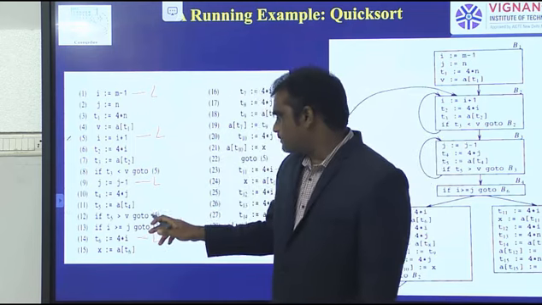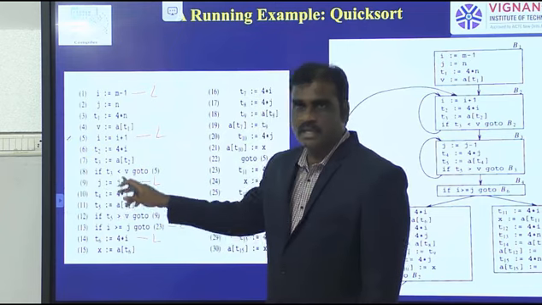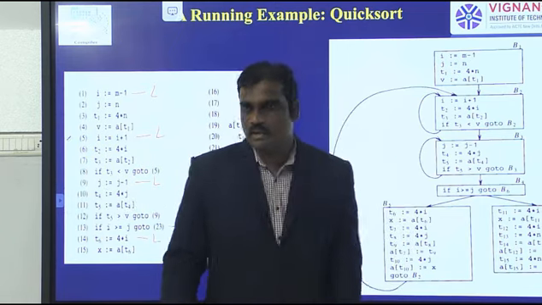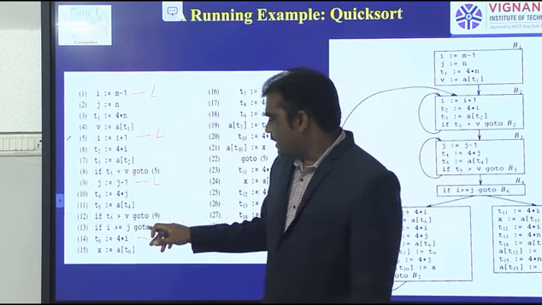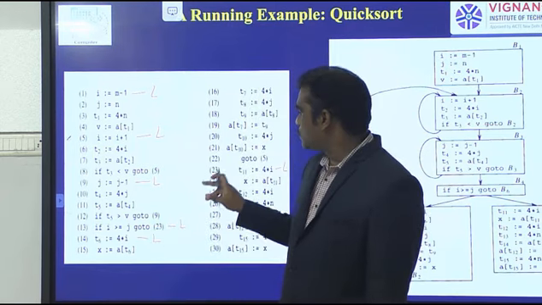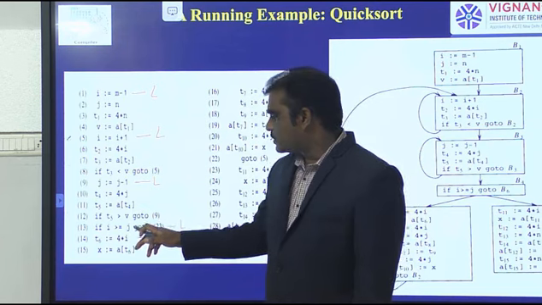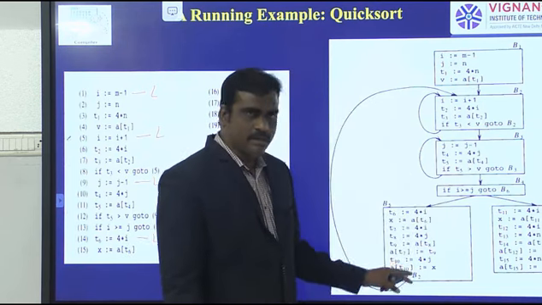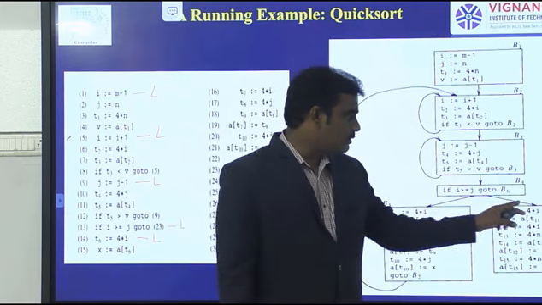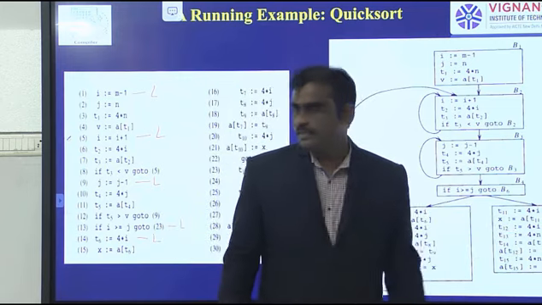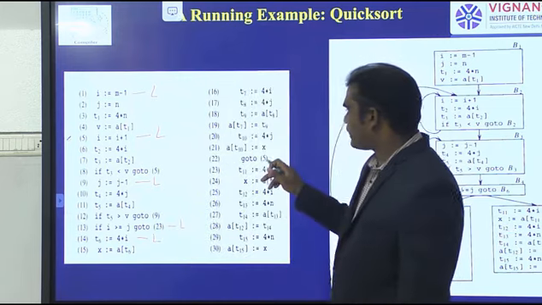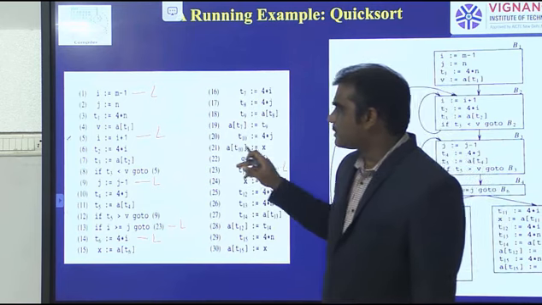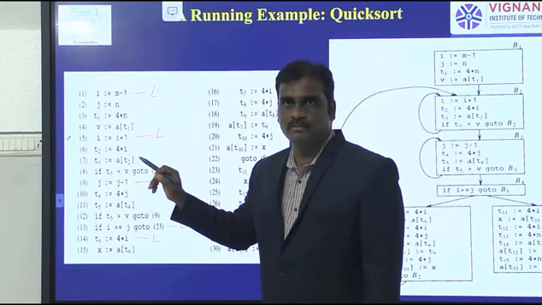Same way block 3, go to 9. It is a self loop. So block 3 is a self loop. Next one, block 4. If the condition is true, then go to block 6. If the condition is false, go to block 5. So false, block 5. True, block 6. If you observe block 5, the last statement is go to 5. What is 5? 5 means nothing but it comes under block 2.